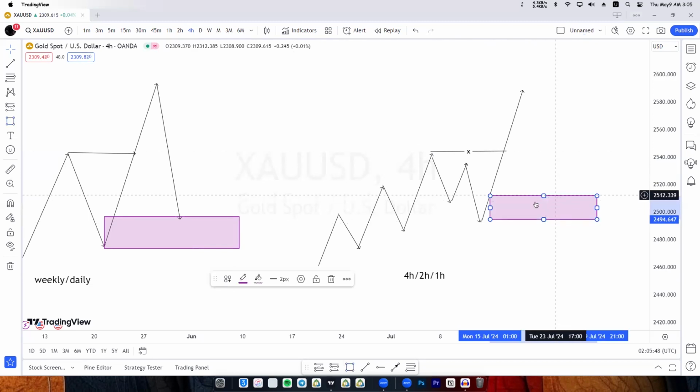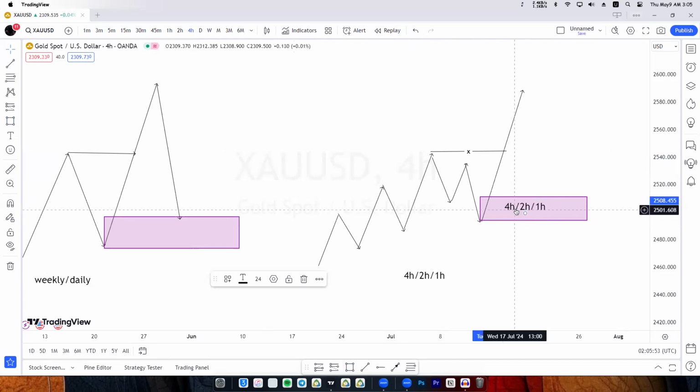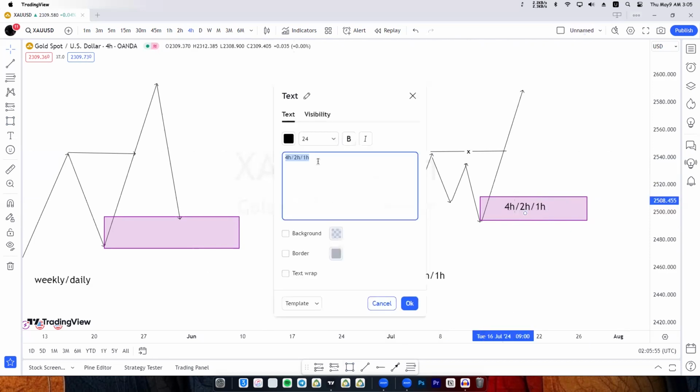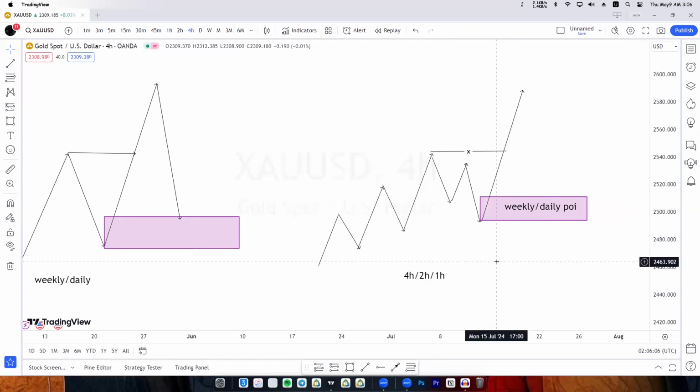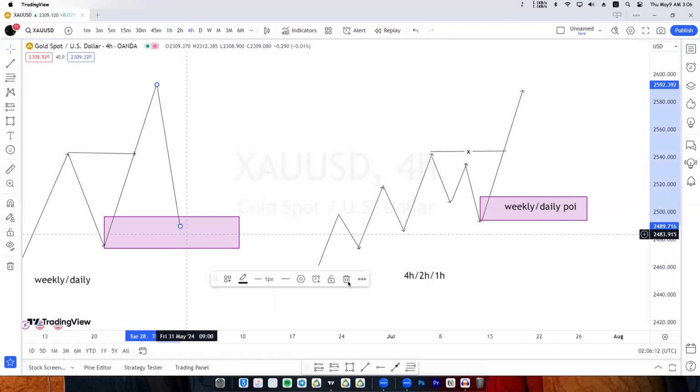Okay, I'm gonna go ahead and delineate that. This is your weekly POI, weekly / daily point of interest. Okay, sorry about that. So now what I will go ahead and do is, once price trades into my weekly POI,